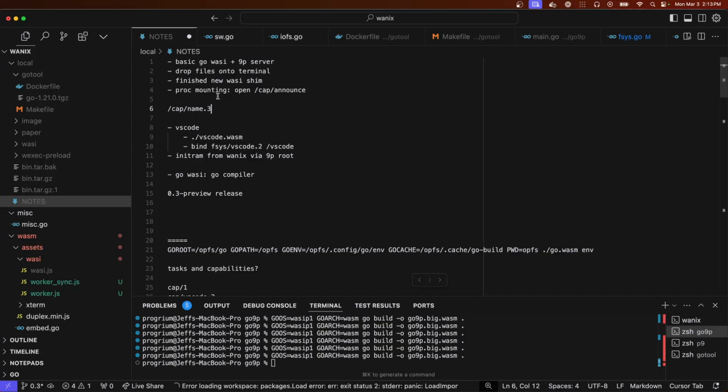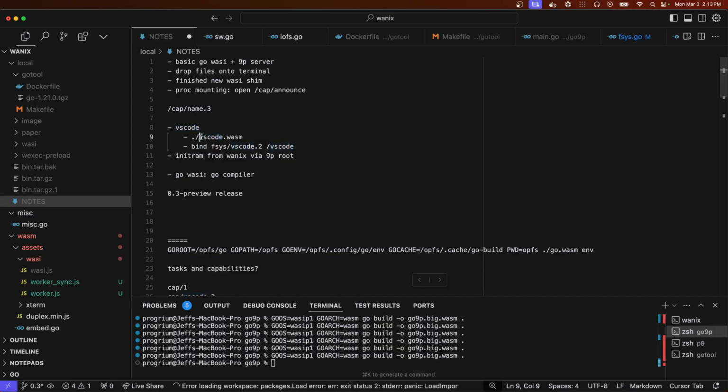And then that was going to get us to the ability to run VS Code. The idea was, because VS Code, or at least the front-end interface bits, it's all static assets. You just serve a static site to get a VS Code.